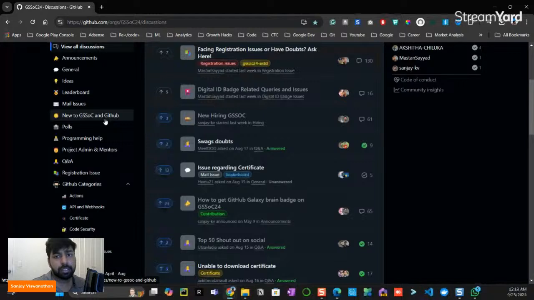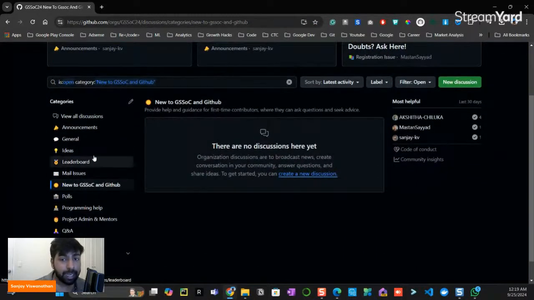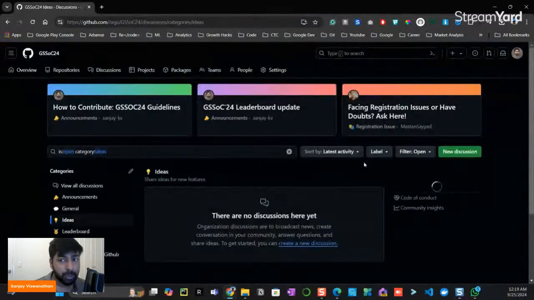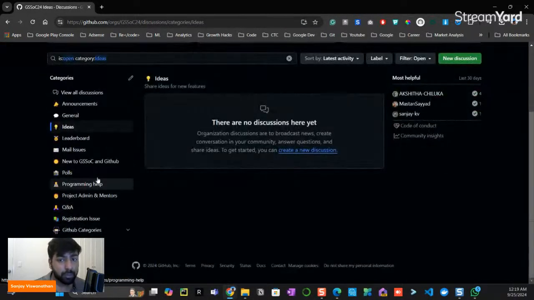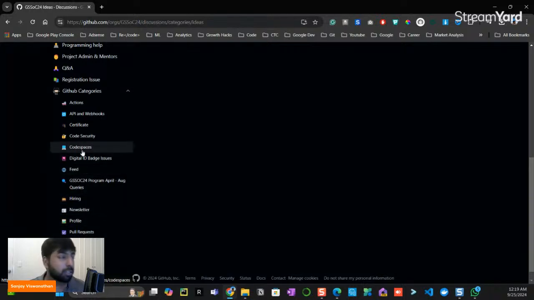Or you can just take any of the sections over here which is relevant to your question. For example, if you're new to GitHub and GSOC, you can come here and ask your questions, or if you have any ideas, share your ideas over here. So we have categorized things accordingly, and you can use any particular platform to talk about what you want to address.